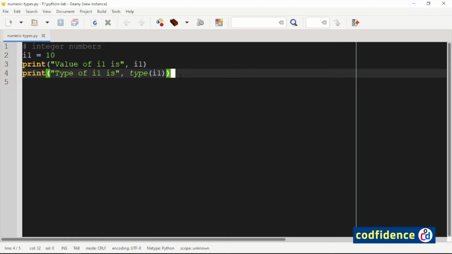Let us add some more variables here and print their values as well.